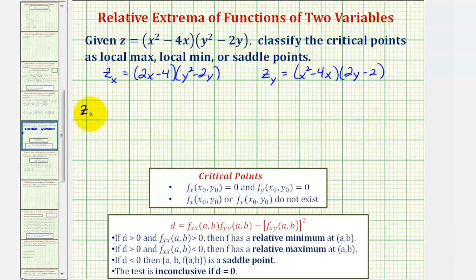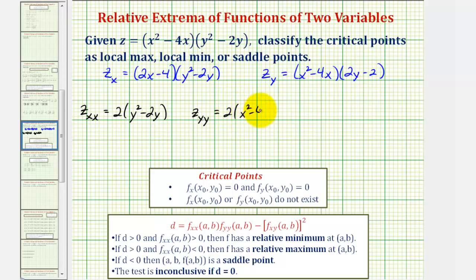The second partial with respect to x will differentiate this partial derivative, again with respect to x, treating y as a constant. The derivative of 2x minus 4 with respect to x would be 2, giving us 2 times the quantity y squared minus 2y. For the second partial with respect to y, we'll differentiate this partial derivative with respect to y again, treating x as a constant, differentiating with respect to y. So this would be a constant. The derivative of 2y minus 2 with respect to y would be 2, so we have 2 times the quantity